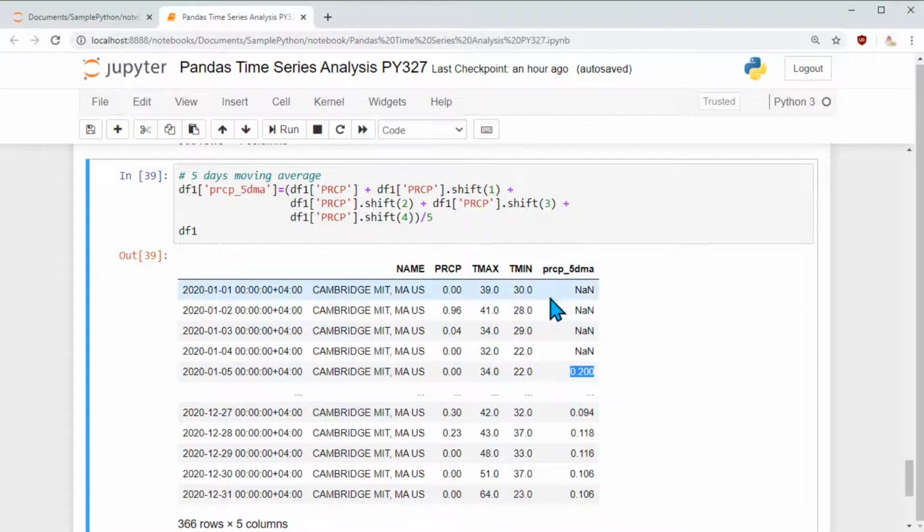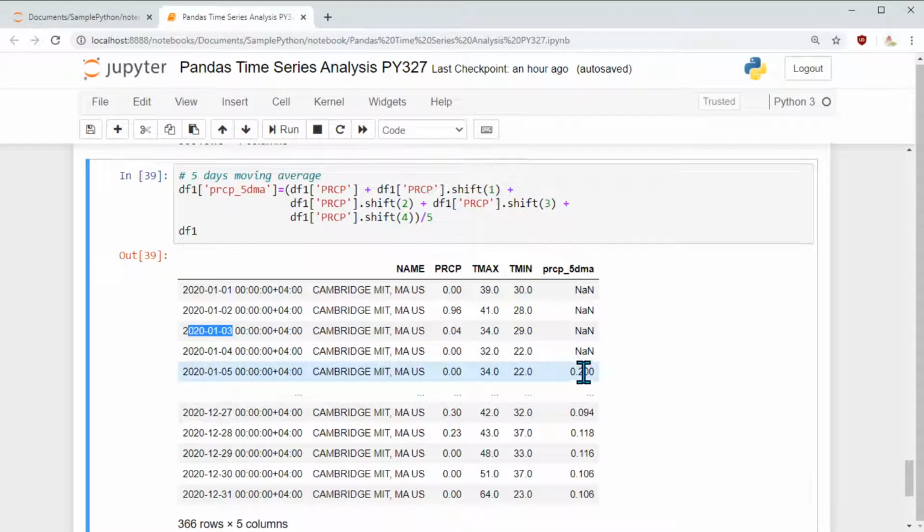So this way I am able to calculate the average precipitation for a 5-day period. But this 0.2, I should not say it is the average on this day; maybe in between all this we should say on the 3rd. On January 3rd, the average precipitation is 0.2.